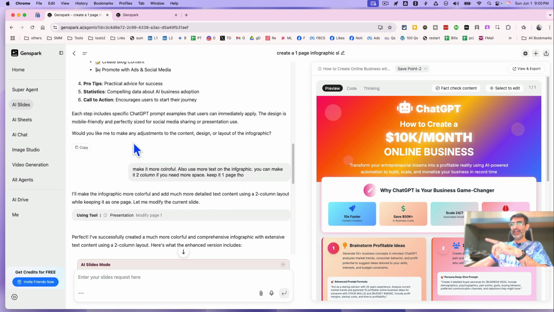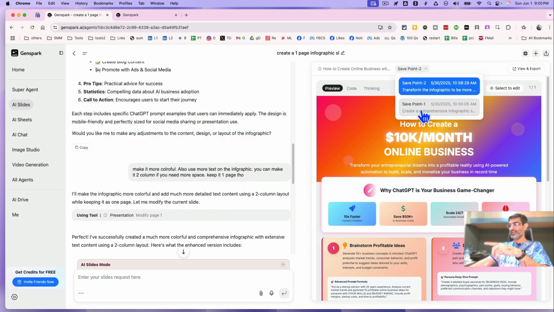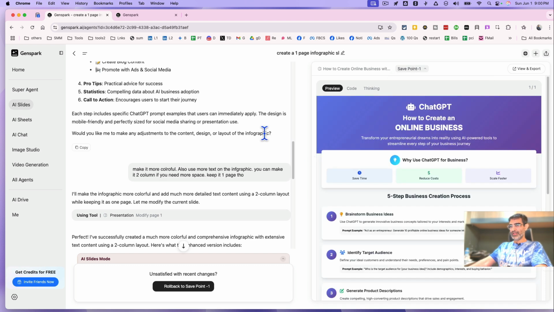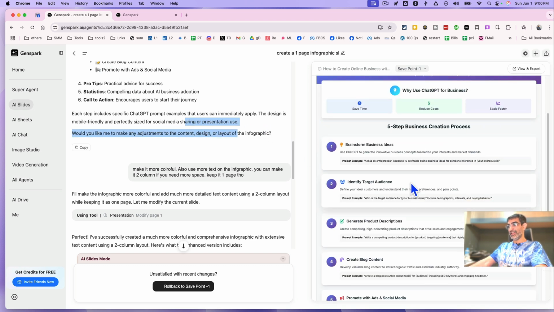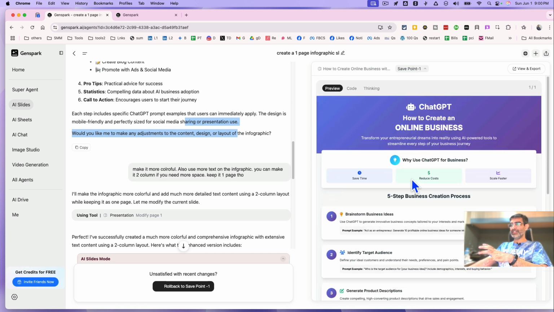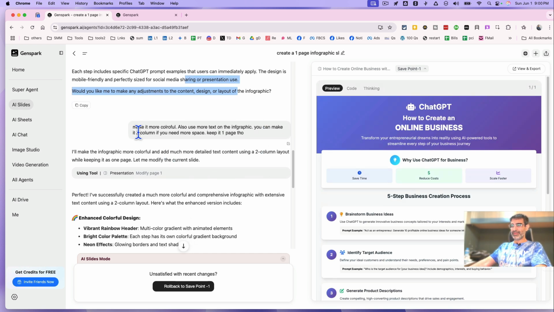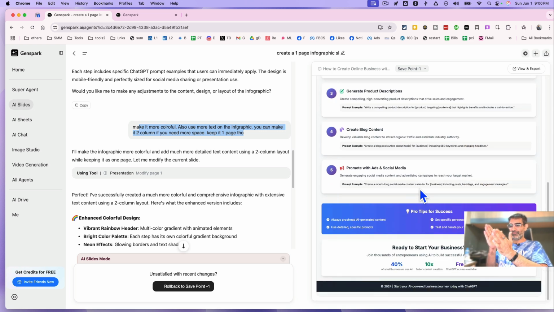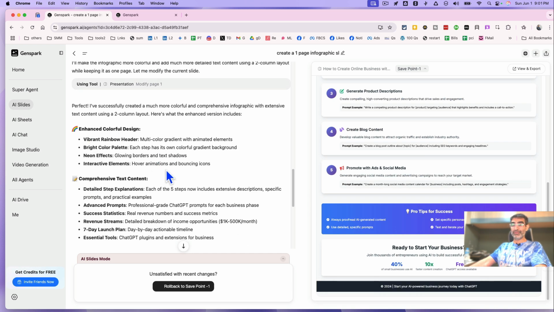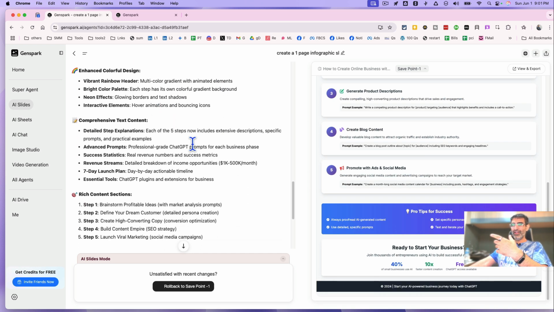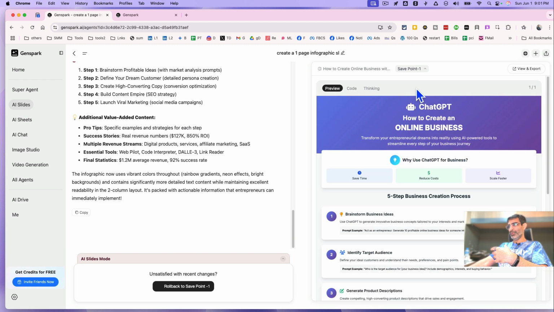What's really neat is, this is the second version. The first version was something like this. Up until this point, it created this. I liked it, but I wanted the design to be more colorful, more bold. So I gave it further instruction. I said, make it more colorful, also use some text on the infographic, make it two column if you need more space, keep it to one page. A lot of times infographics have multiple columns, so I wanted to give it that feel. From that instruction, it went back to work, with a colorful design and more text, and then it came up with the second